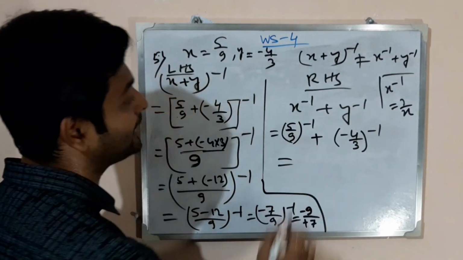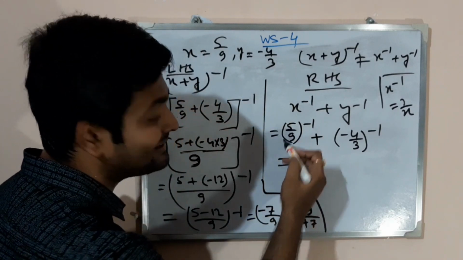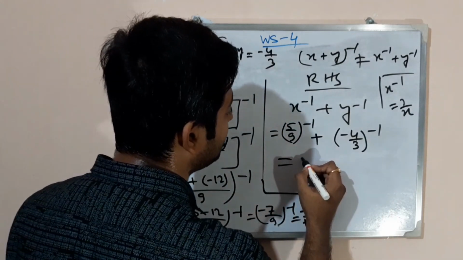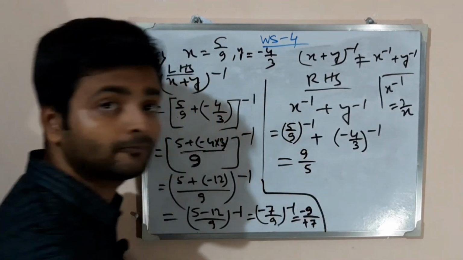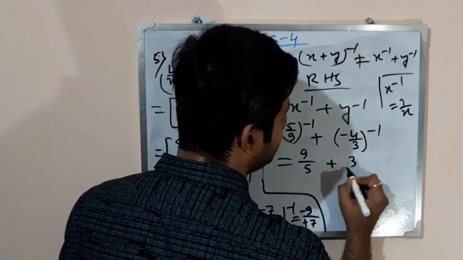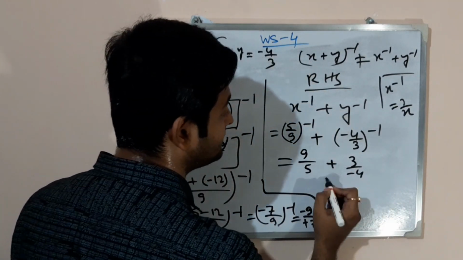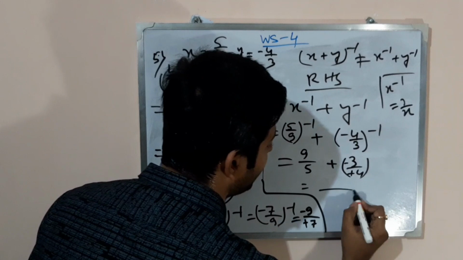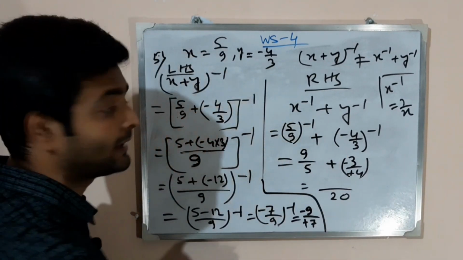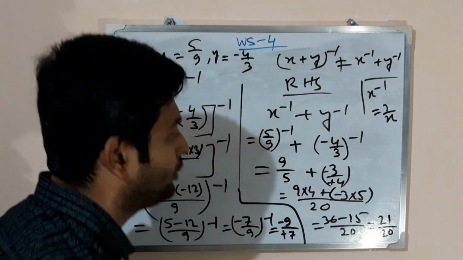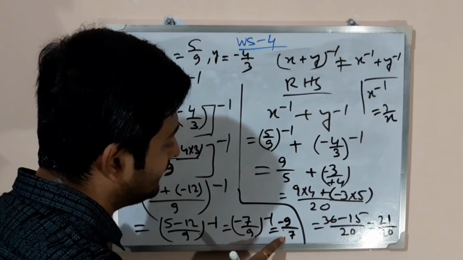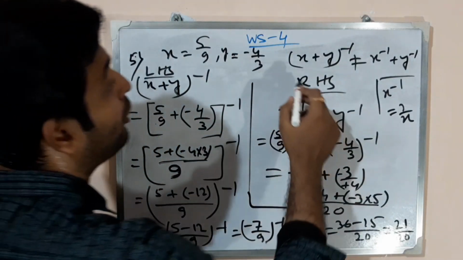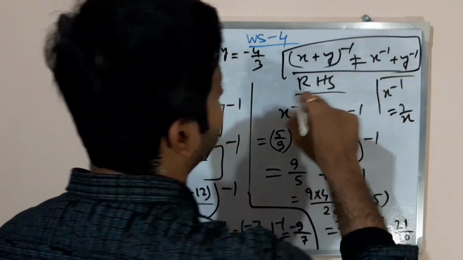Now do this calculation. Tell me, within the bracket it is a single rational number, so you can definitely convert it into its reciprocal number. So the bottom, that means 5, goes to the top, meaning 9. Okay, there the same, that is 3/-4. If you write this in standard form, it should be -3 plus 4. So the LCM of 4 and 5 is 20, because they are co-prime numbers, so that is 21/20. You can see that there is -9/7 and this one is 21/20. They are not the same. So we have to write that it is not verified.